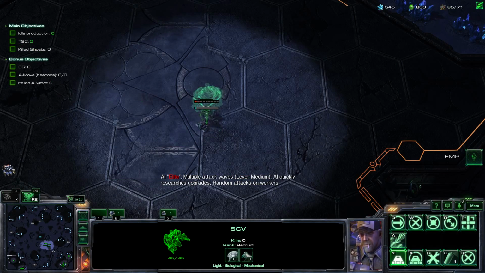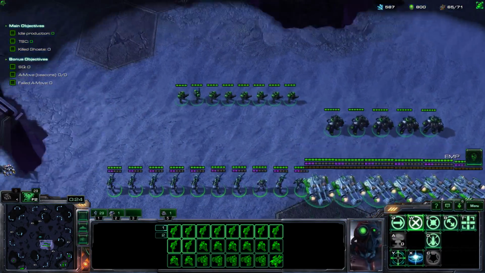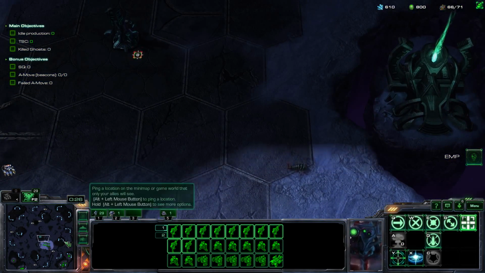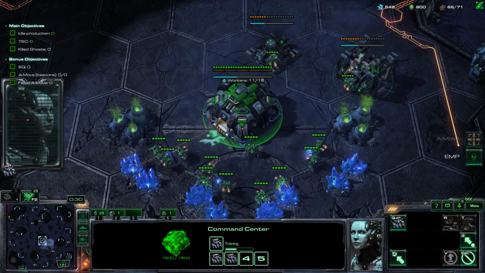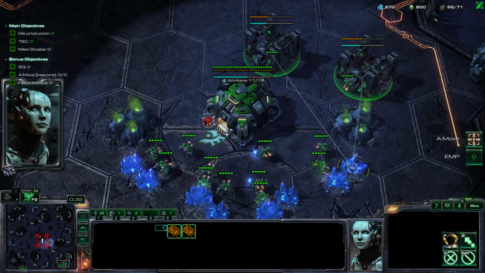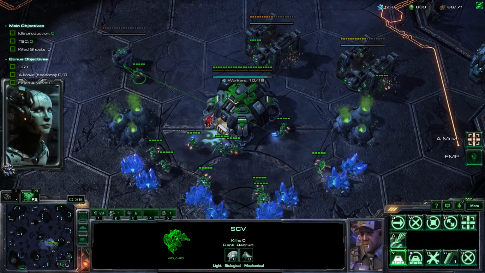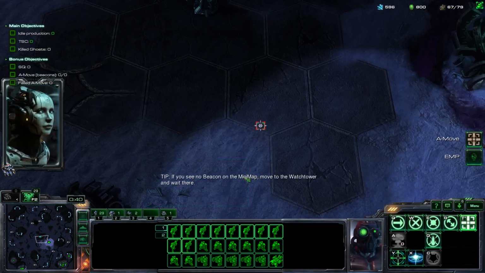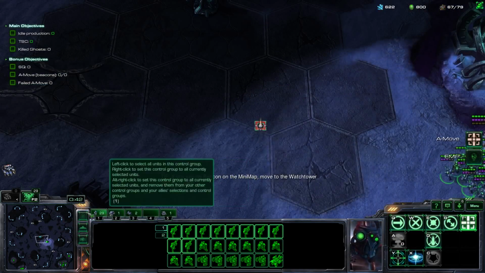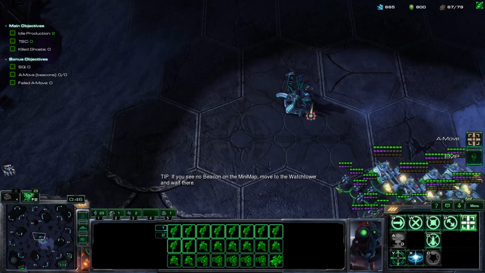If your TSCs gets higher than 30 seconds, you die. Oh, sorry, not right. You can also use the attack move command. And we'll add a second barracks. So you have to A move to get rid of these beacons. But if you have nothing to do, you just wait